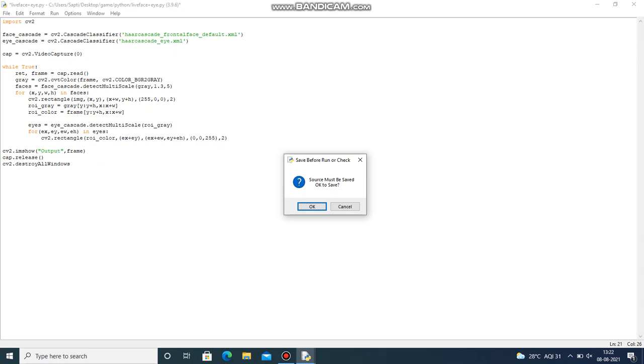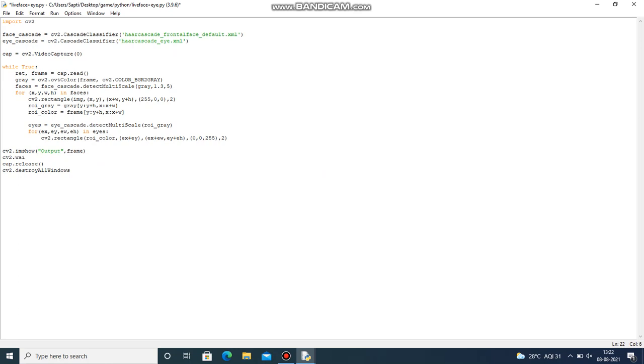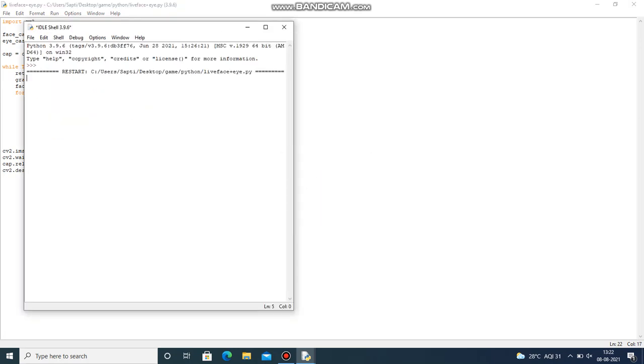We'll give a waitKey of something. Let's give cv2.waitKey of 5000, because after 5000 milliseconds your detection should be over. That's the reason why I gave it.